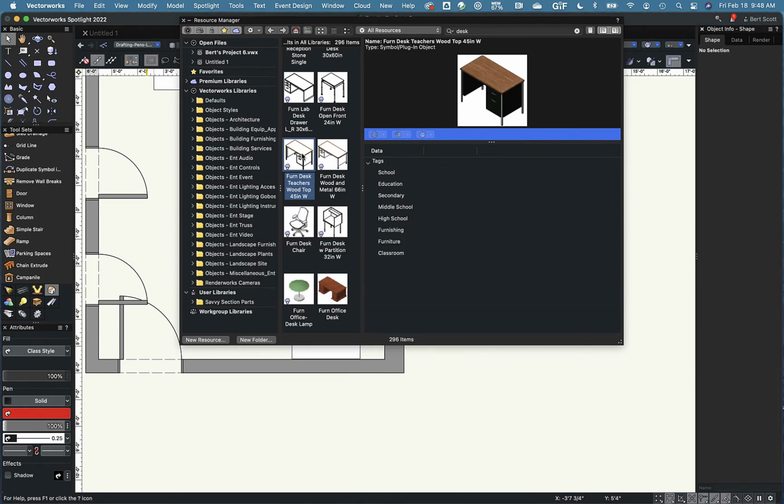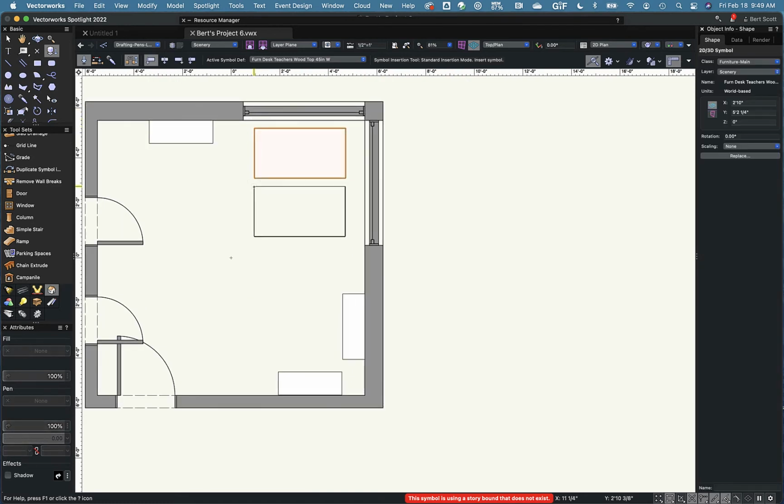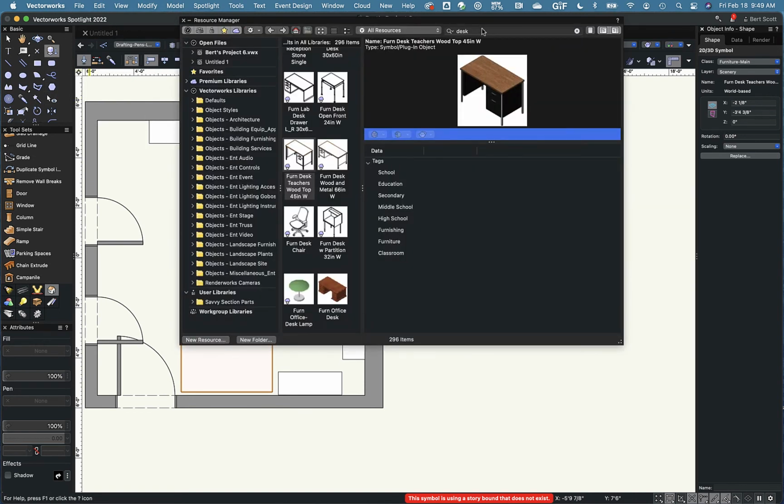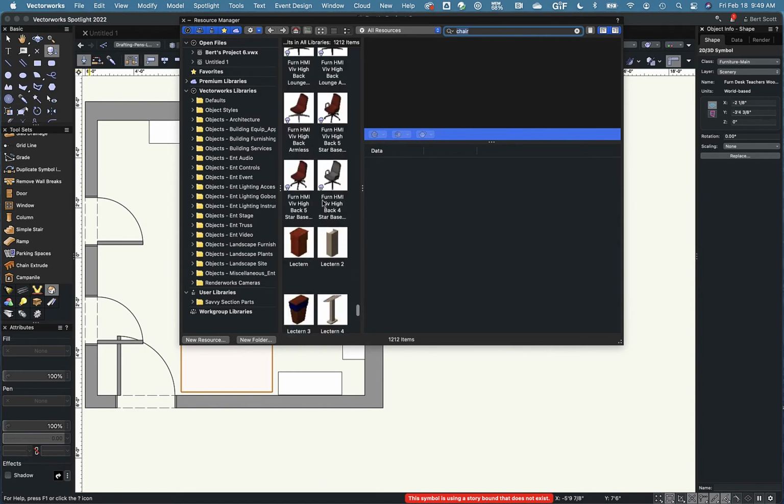It's going to take a minute to download. So this desk sits in front of this window, like that. And then this one crowds the door, like that. Then each desk, of course, has a chair. So we're going to look for desk chair. Really? There's only one chair? That's not true. I know that Vectorworks has hundreds of chairs. Maybe I get rid of the word desk. Okay, so